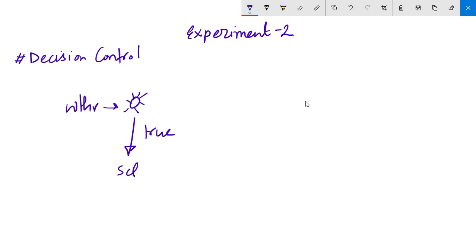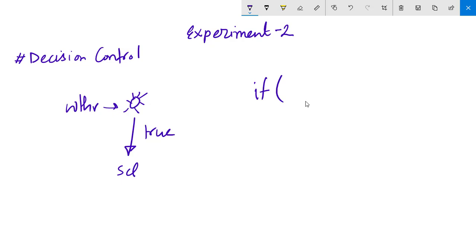How to write this? There are several ways to write this type of structure, but I am going to follow the same generic structure for every decision control statement. If there is only one condition and we have to perform one task based on that condition, then the structure will be something like this.